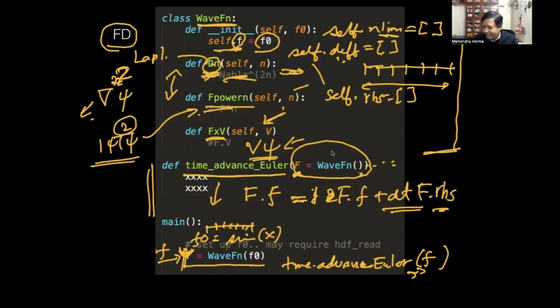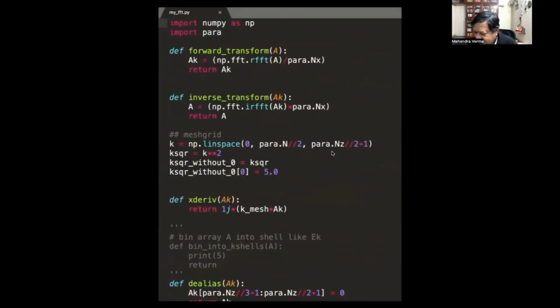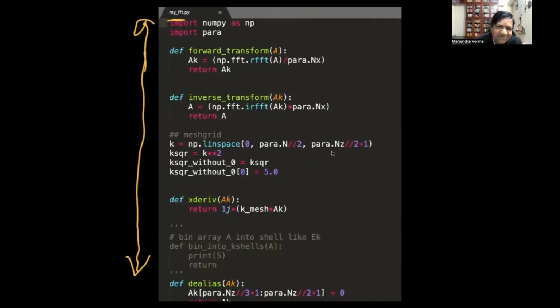Okay, so let's look at this. This is if I want to solve this in a spectral method, using Fourier transforms. First, this file has all the Fourier transform related functions. I call it myFFT.py.